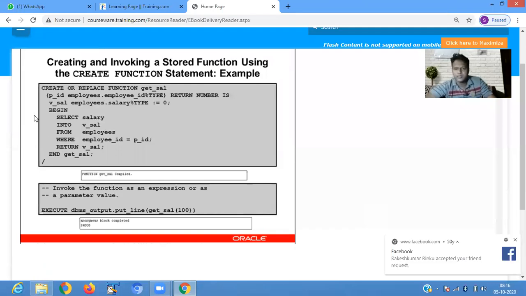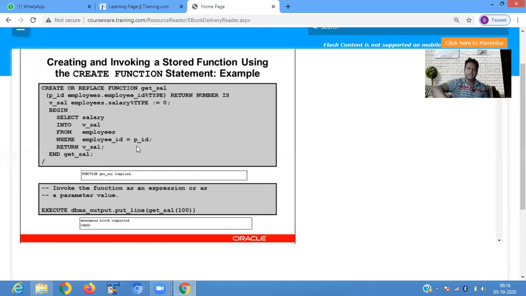Here one program is defined. Create or replace function get_salary, with p_id, the employee ID, as a parameter. Select salary into v_salary from employees where employee_id equals p_id.